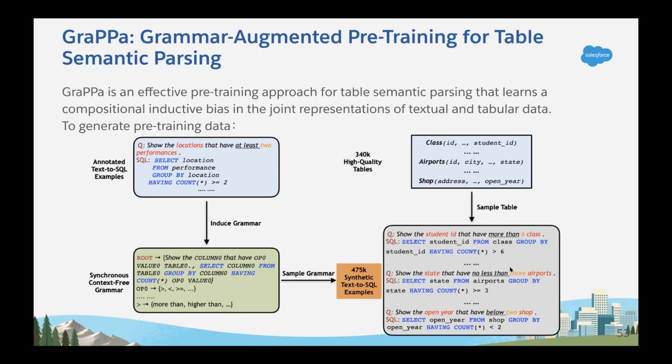Here we have an example. For this question and SQL, it will be like show column 0. Column locations will match to column 0 in the table. They defined those ops: more than, less than, less equal, into those phrases. So they do some matching